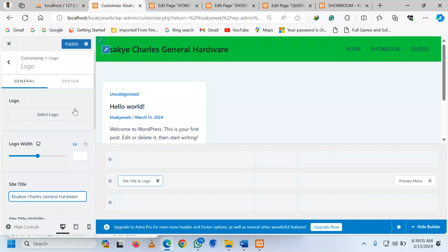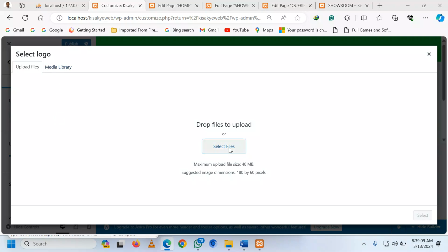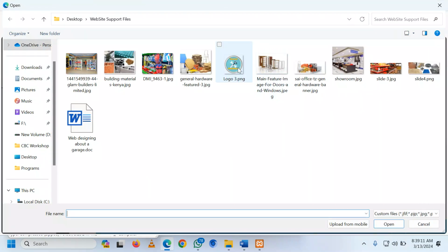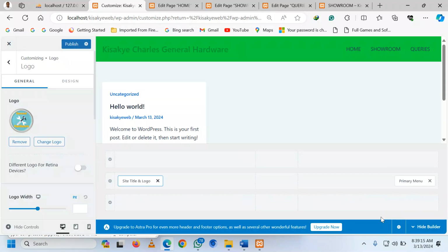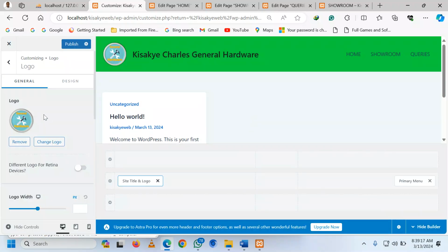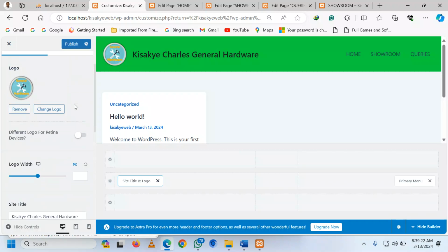So with the inner, you can choose to put a logo. So let's select the logo. We can upload. From here we have our logo here, General Hardware. We select, skip cropping, then your logo appears there. Then more to that,